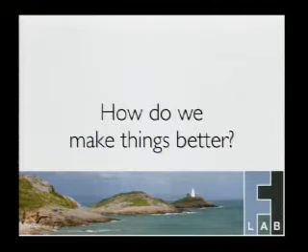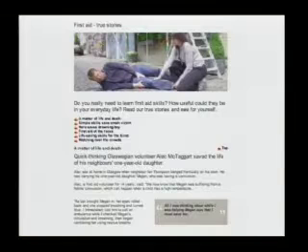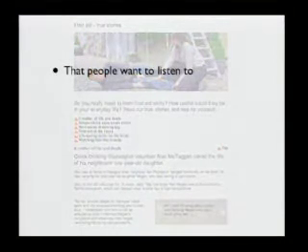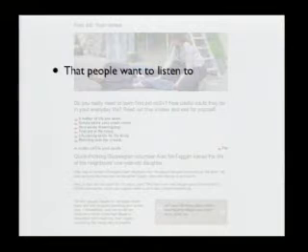I suppose that's a rhetorical question, isn't it? I think the way to make things better, and here is the International Red Cross telling you how to make people better, is you tell stories. First aid, true stories. You tell stories which engage people, which talk on the right level to the people who are listening. You've got to tell them stories that people want to listen to, that designers want to listen to,